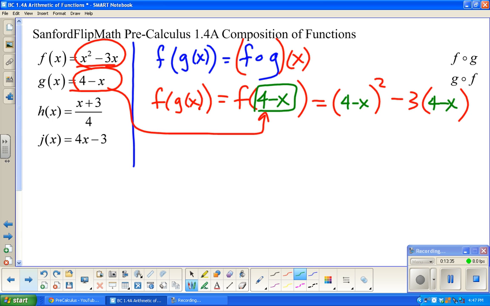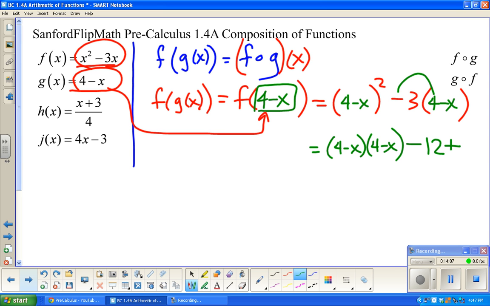And now it's just a matter of cleaning it up. I mean, technically I've done it. It's just this isn't a very good form to leave it. Okay, so just a reminder that 4 minus x squared means 4 minus x times 4 minus x. Well, I'll just go ahead and write it underneath. I know, sorry, the OCD people are all upset with me. There you go. All right, 4 minus x times 4 minus x